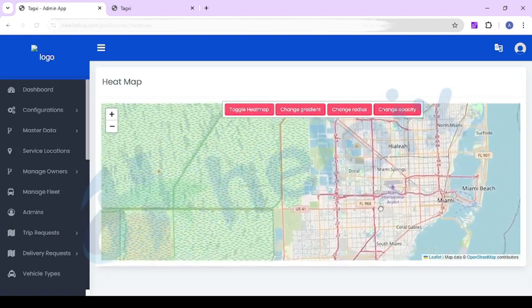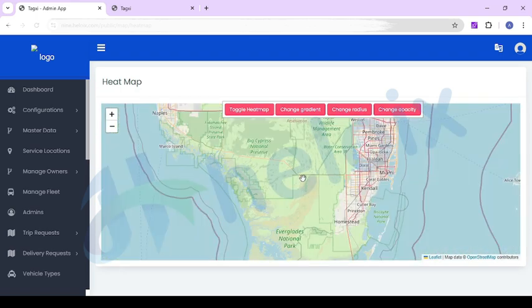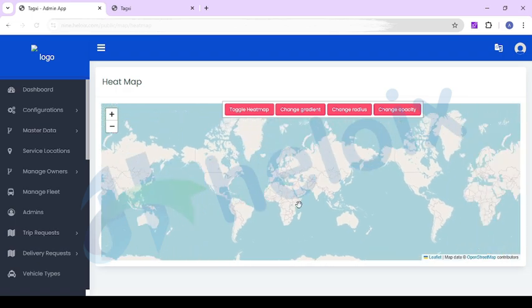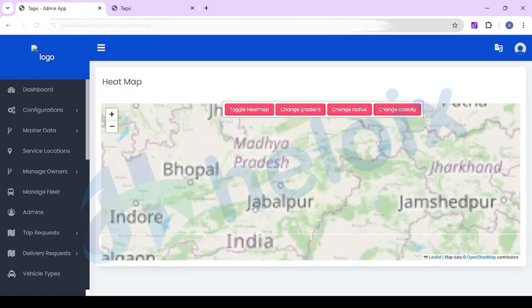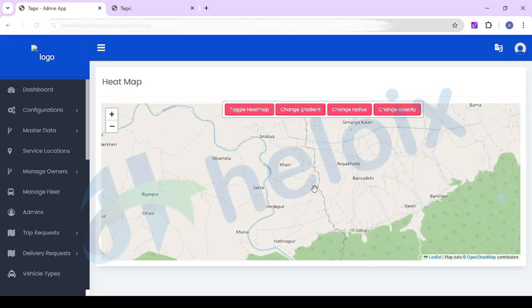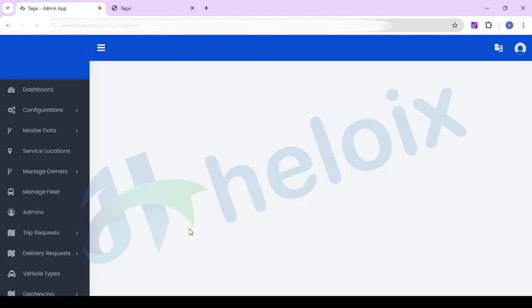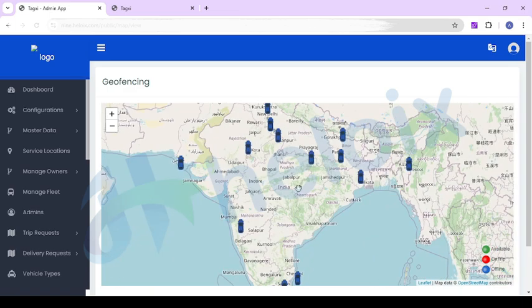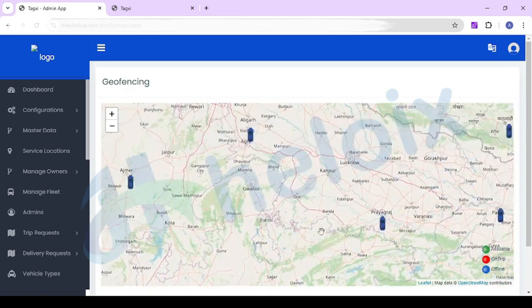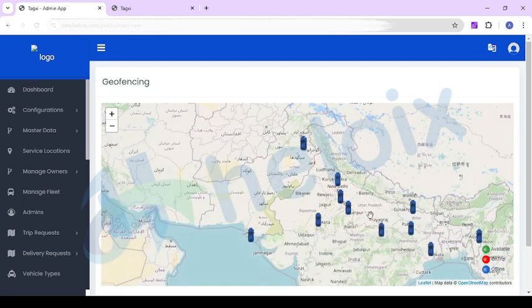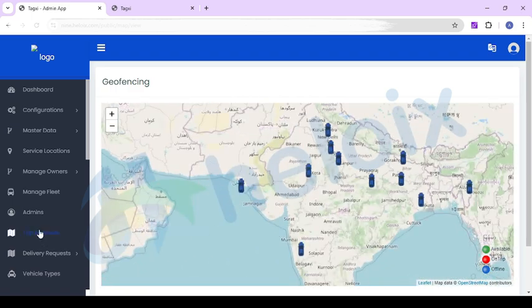After that, here you can find the reports and geofencing view, where you can find your driver data, like where the driver is live. This is the live location. Currently this is a demo account, so we have not set up any driver data. Whenever any driver registers, the location he or she belongs to will be shown here. We have two types of map. This is the registration, the driver who registered. This is offline, that's why it shows like that. Here you can check the data, like how many drivers we have in India.